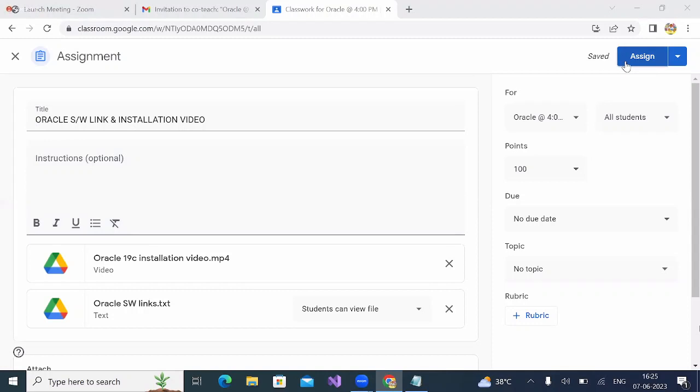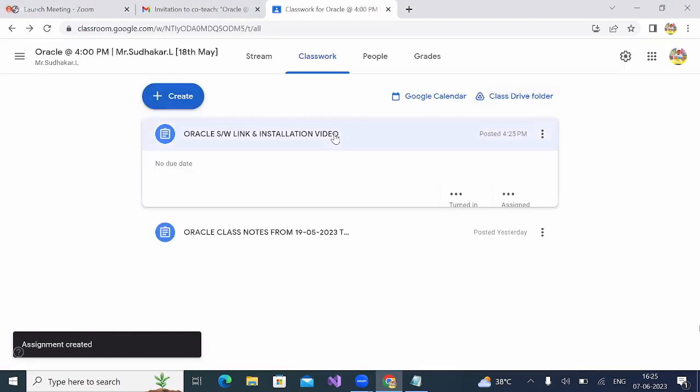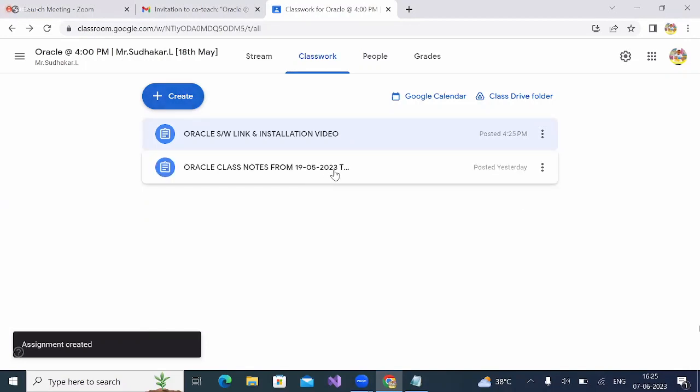The installation video as well as the software links, both I assigned to you. Once you go and check your Google Classroom, both will have come to you. And the next one, this is what we called